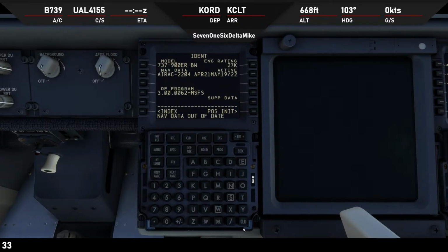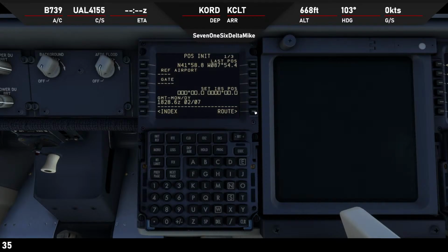Nav data is out of date. You know what? I don't know. I hope that doesn't cause us a problem tonight. I didn't go in and upload the newest nav data, so we're going to take a stab at it tonight. We'll get that synced up after this flight here, but let's go ahead and put